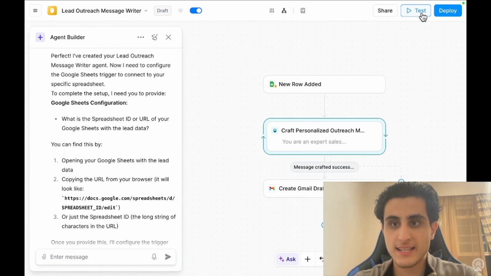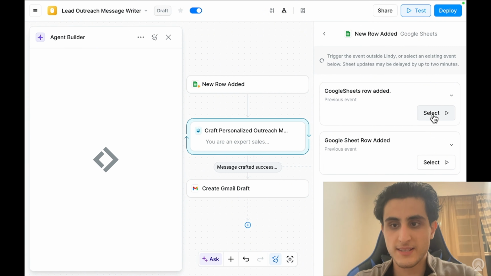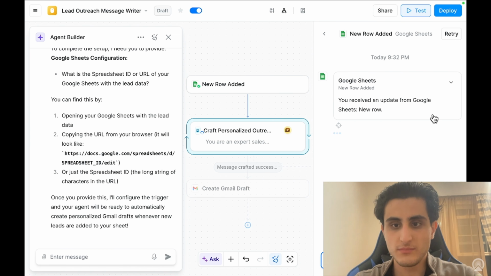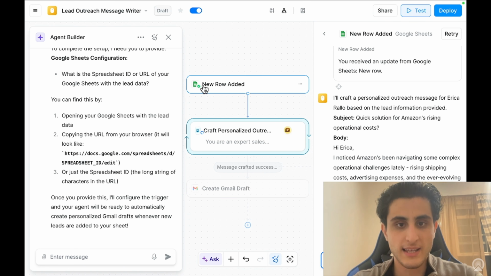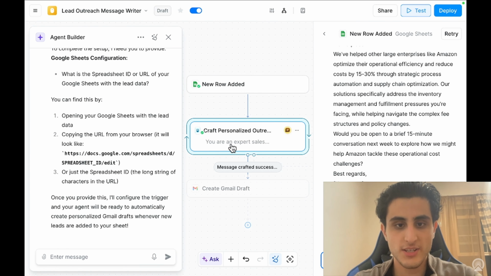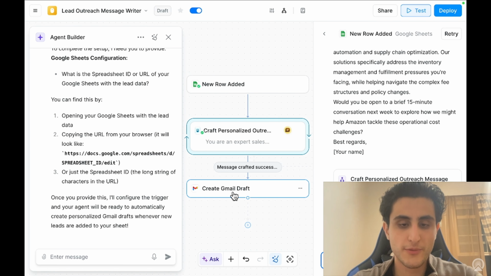So let's test the workflow, and click on this first one, and then the workflow is gonna get triggered. As you can see, we retrieve the rows, we are personalizing the message, and we are sending that message through